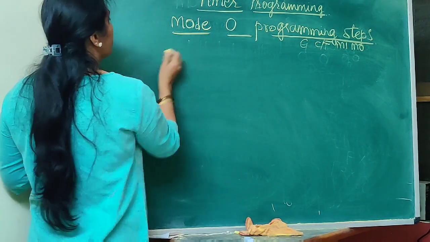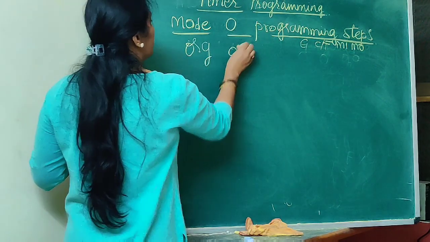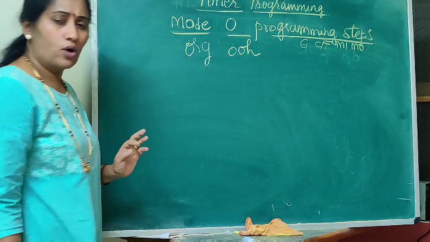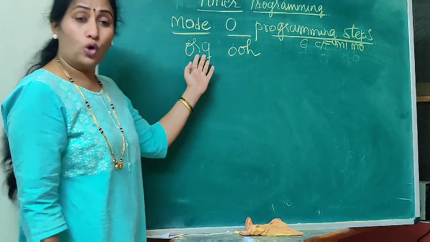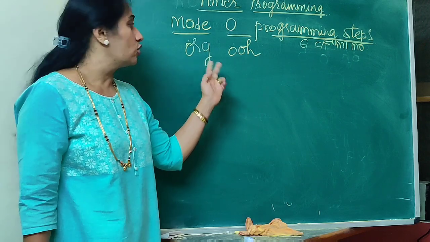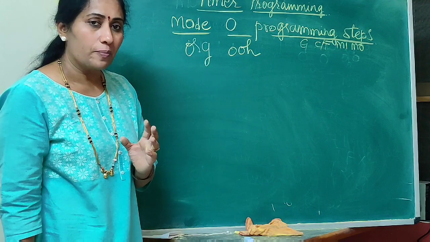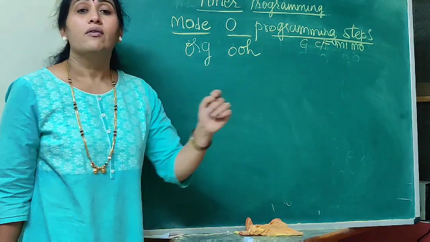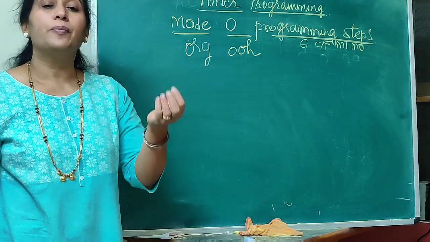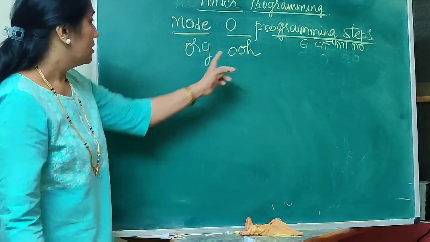Whenever I want to write any program, the first thing is the directive which I am going to write, ORG 00H. It is origin, a directive, a pseudo instruction. That means it does not occupy any memory location, but it says from which address the program has been written in the program memory.